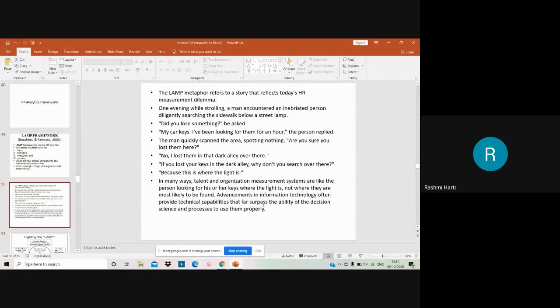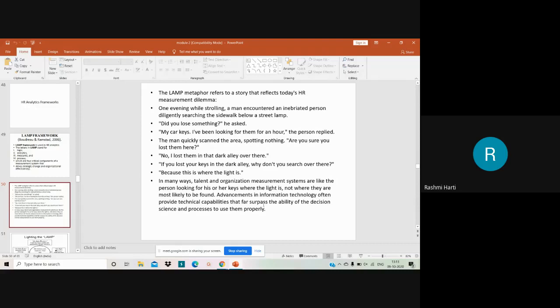This particular man who was strolling asked him. Then, "No, I lost them in the dark alley over there." That is what the other person who was searching for the keys replied. "If you have lost your keys in the dark alley, why don't you search over there?" The strolling man replied. Now, the other man who was searching for the car keys told him, "Because this is where